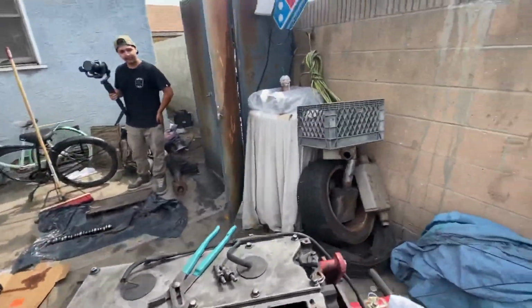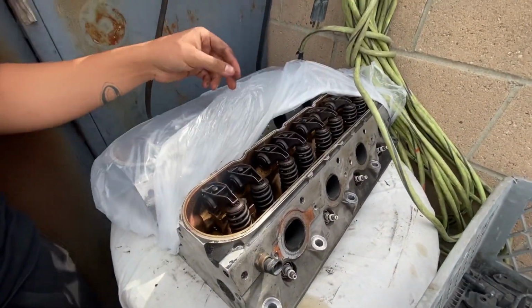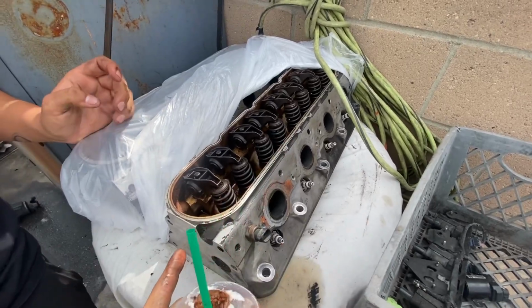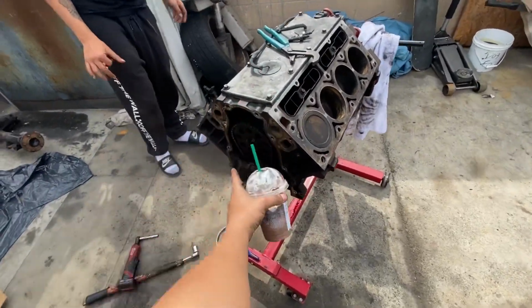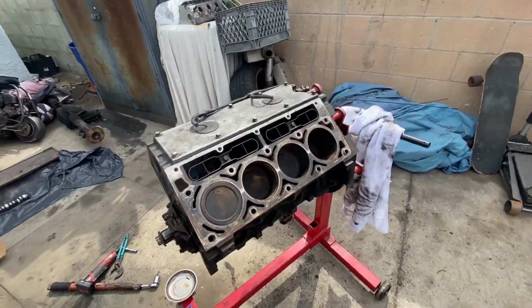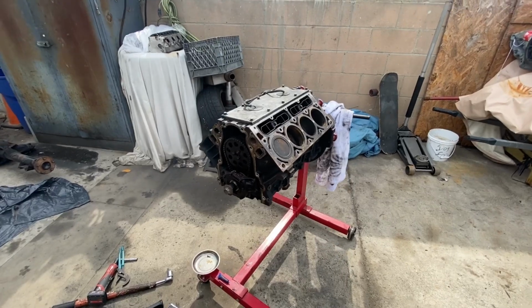So he's got his heads right here. Actually, my Starbucks is right there. I forgot, but the heads are right there. He's gonna take them to a shop. They're gonna resurface them, seal them, and pretty much give them to us like they were new again. I think we're gonna give them the springs and everything so they can just do it for us. And then they're gonna sell us a gasket kit so we can get the timing chain, the timing cover gasket, the head gaskets, pretty much all the gaskets we need to close this back up. But that was pretty much it for the cam swap part. Pretty simple, pretty quick. And we'll see where you guys leave off on the next